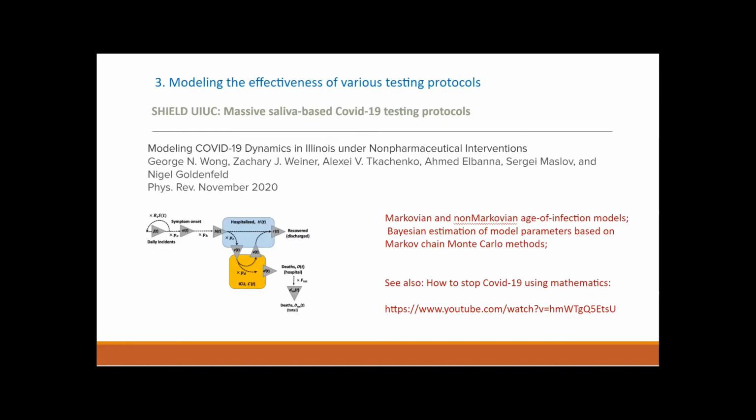Okay, sure. What I would like to advertise is also the fact that we would like to have some handle on agent-based modeling of diseases, and how group testing and intervention strategies can help in that way. That also requires huge involvement from the machine learning community. And I will shamelessly advertise here the work from UIUC, who implemented a massive saliva-based COVID-19 testing protocol called SHIELD. And I'll stop here. Thank you.